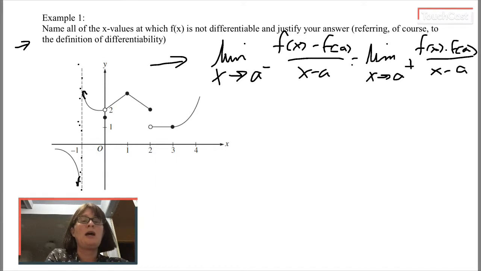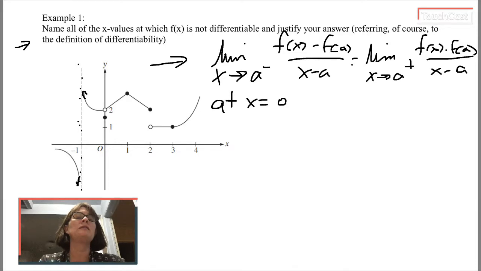Let's try this next one. The next place that something funny seems to be happening is where x equals 0. To the left of -1, that function seems smooth and continuous. There's no bumps or gaps or anything, any pointy things, cusps or corners. So I think to the left of -1, f is differentiable. In between -1 and 0, it seems differentiable to me. There's something funny at x equals 0, though. So I'm going to say at x equals 0, f is not differentiable